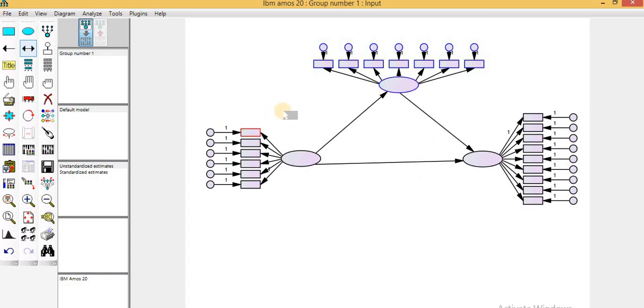How to insert the numerical values in these items and variables, how to test the SEM and how to test the CFA, you are requested to please see our next lecture. This lecture is just about how to draw the model to apply the CFA and to perform the SEM. I have told you both ways in this lecture: how to draw the model for CFA and how to draw the model for SEM. How to insert the data in these items, error terms and variables to get the results, please see our next lecture.